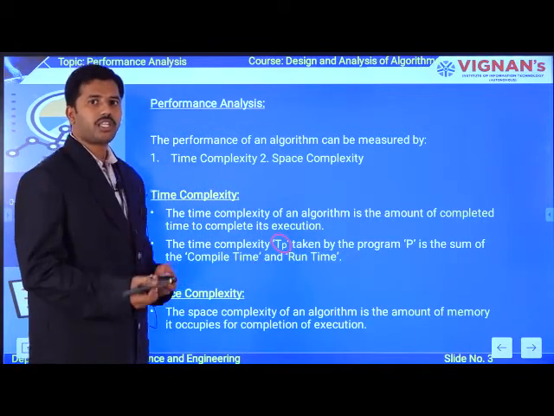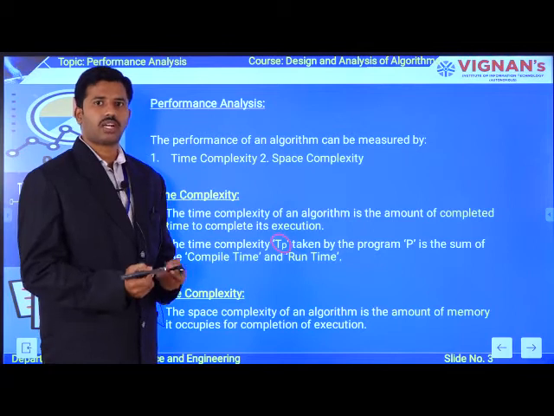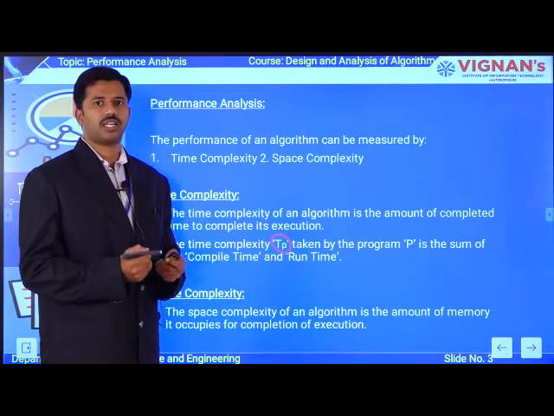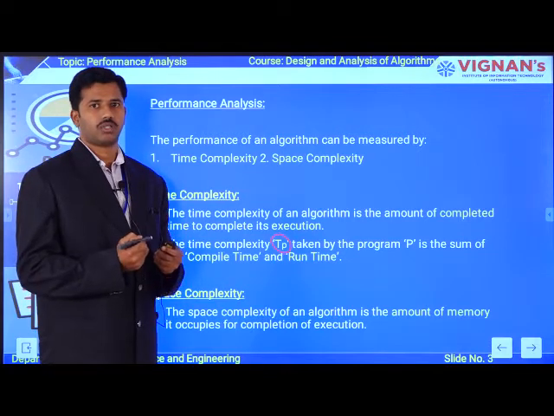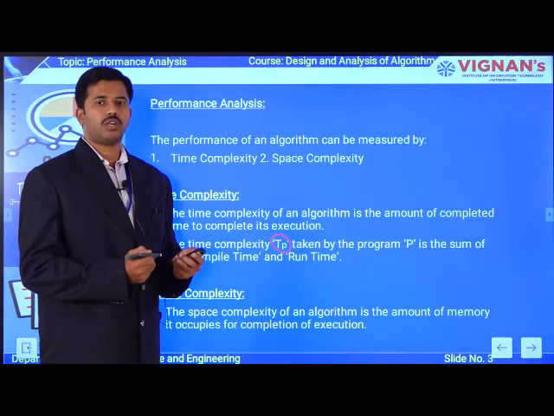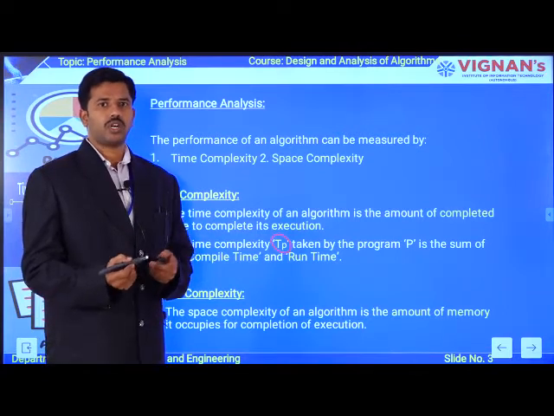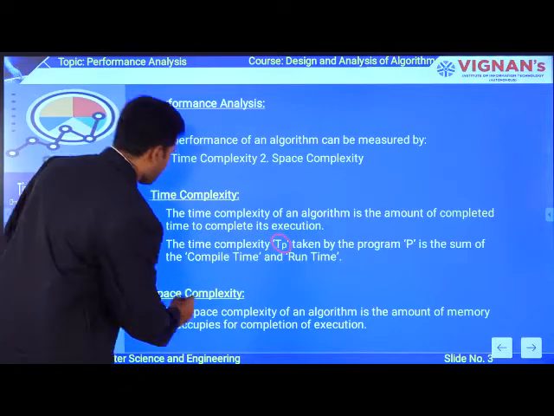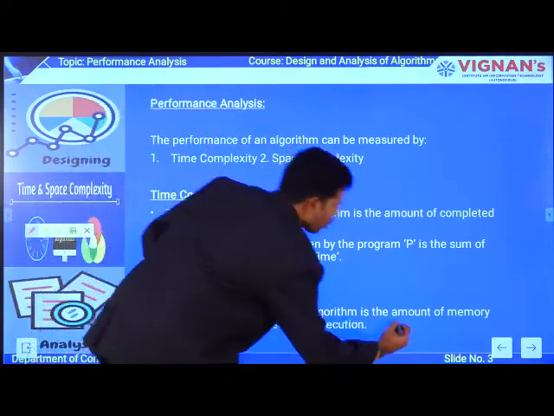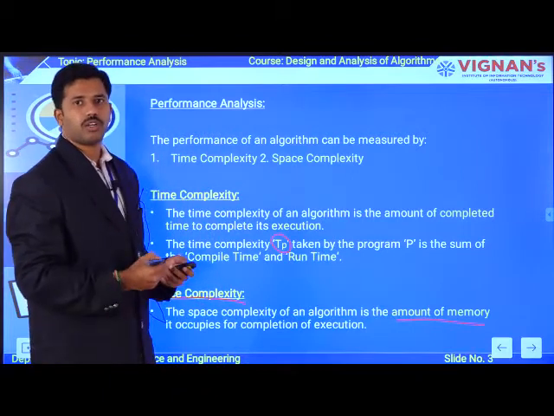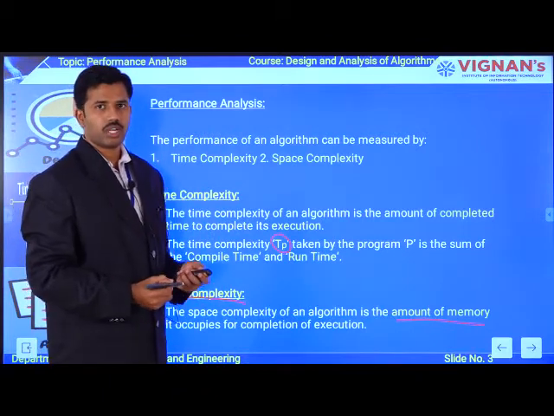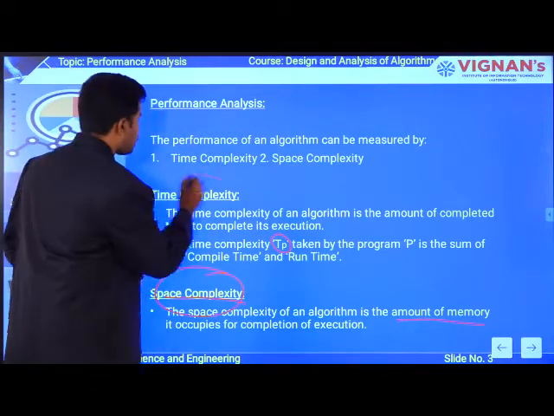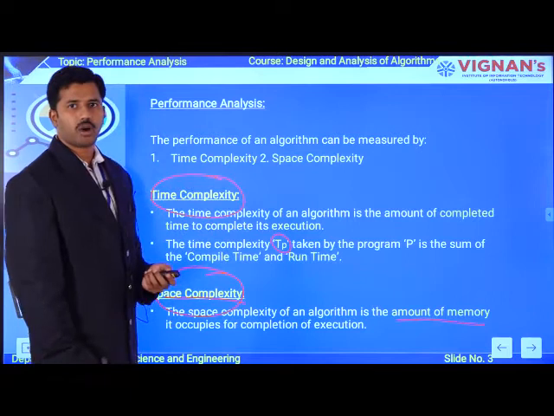Okay. So the time complexity is a combination of both compile time as well as run time. In compile time you are verifying the syntax and semantics of your pseudocode, and in the execution time you are giving the valid inputs to get the proper output for your particular problem, right? Now coming to the space complexity, it is nothing but the amount of memory occupied in your system to complete its execution, okay? As I said previously, we will cover this concept in a separate class. Now in this class we are going to cover how to measure the time complexity of an algorithm.